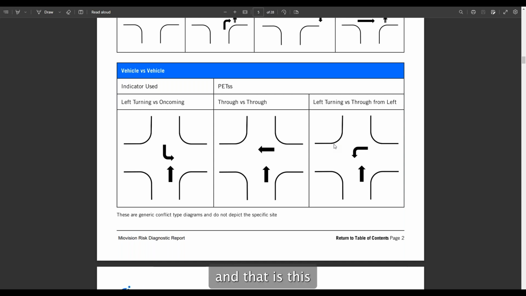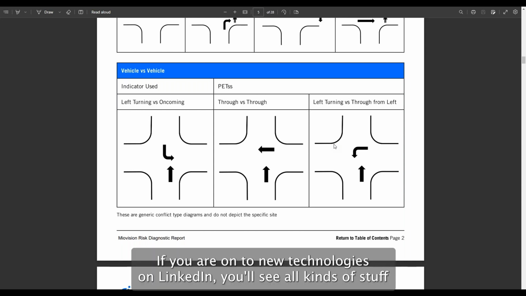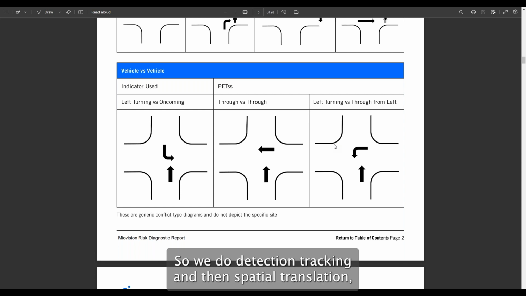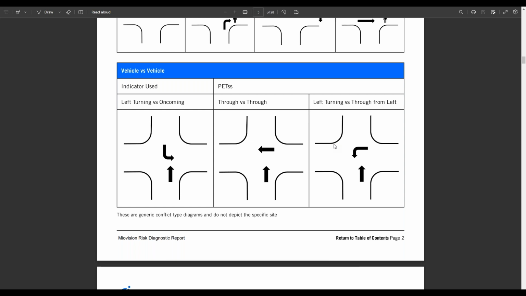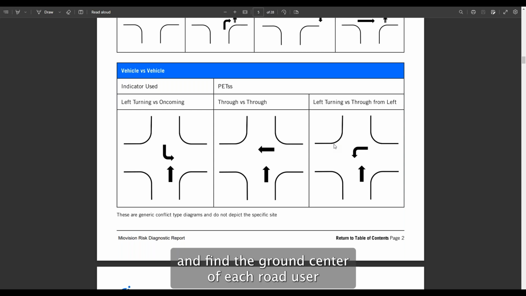And that is a special kind of computer vision that does that. If you are onto new technologies on LinkedIn, you'll see all kinds of stuff like YOLO and computer vision and object detection. So we do detection, tracking, and then spatial translation, where we undistort the video and project it onto the ground plane and find the ground center of each road user,